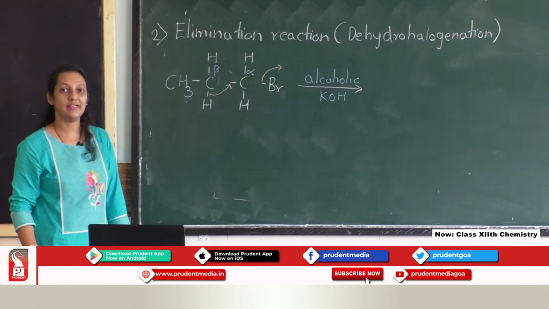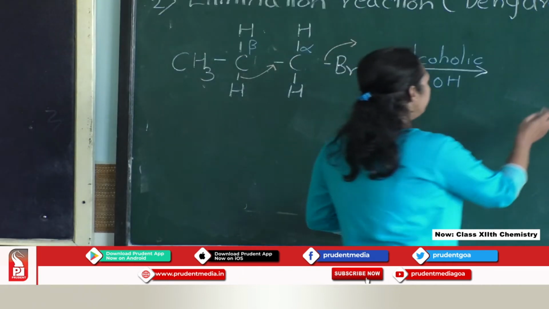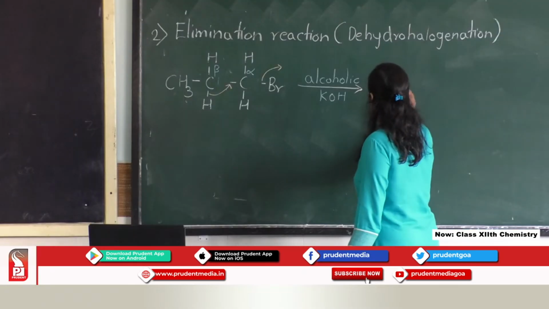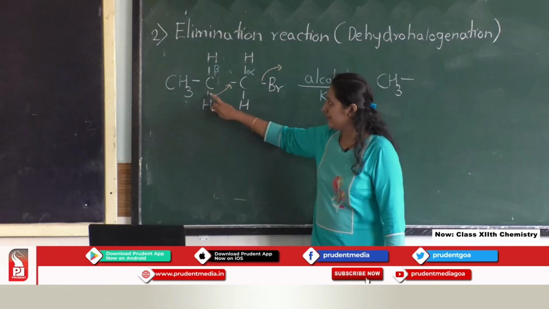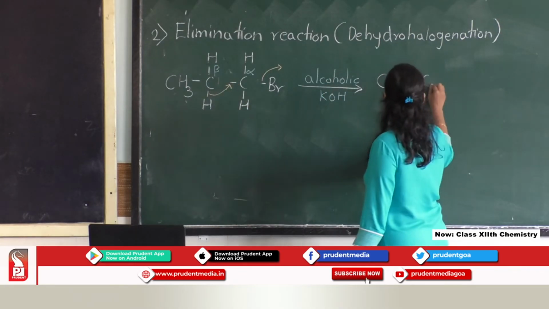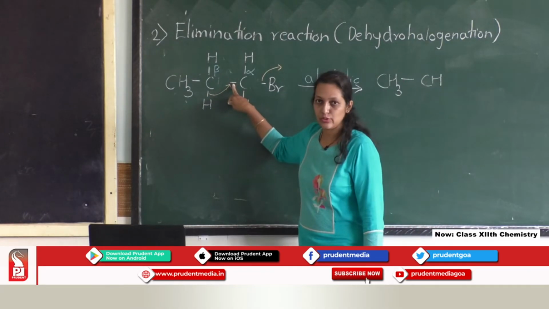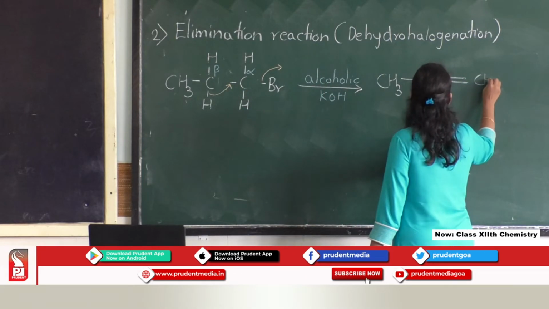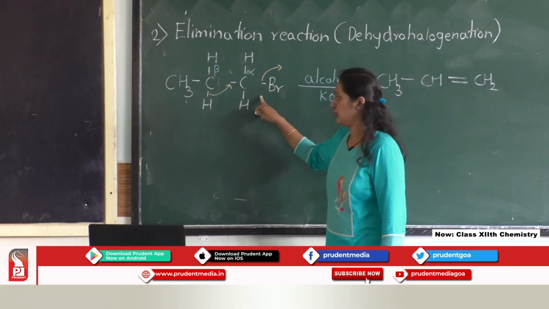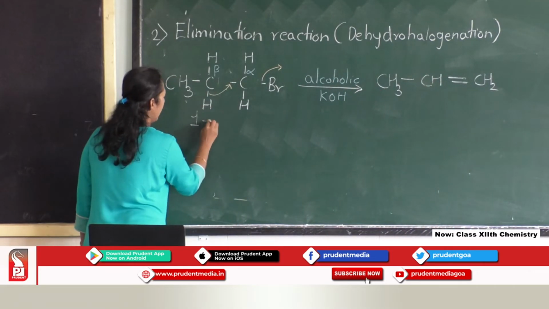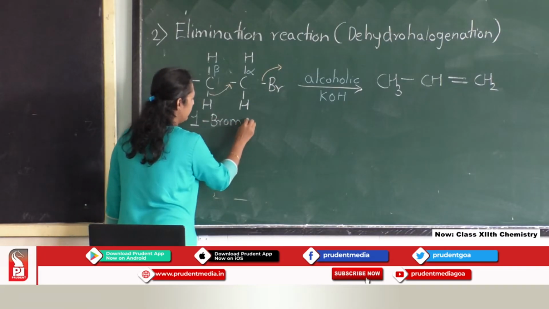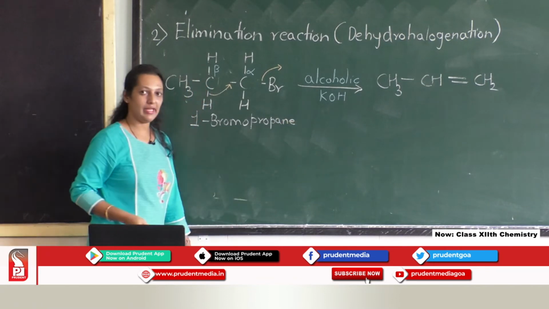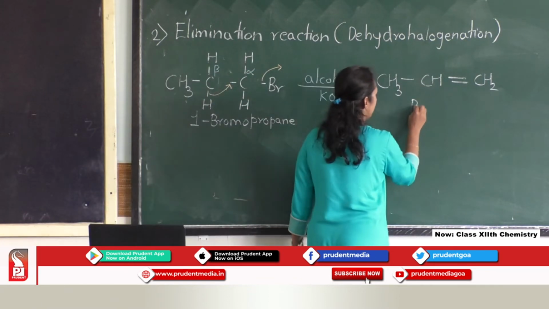So, that is known as dehydrohalogenation, and the formation of an alkene takes place. CH3 will remain the same as CH3. This hydrogen we have removed, so here the CH will remain the same. Single bond will get converted to the double bond, and this is CH2. The name of the reactant is 1-bromopropane or n-propyl bromide, and this one is